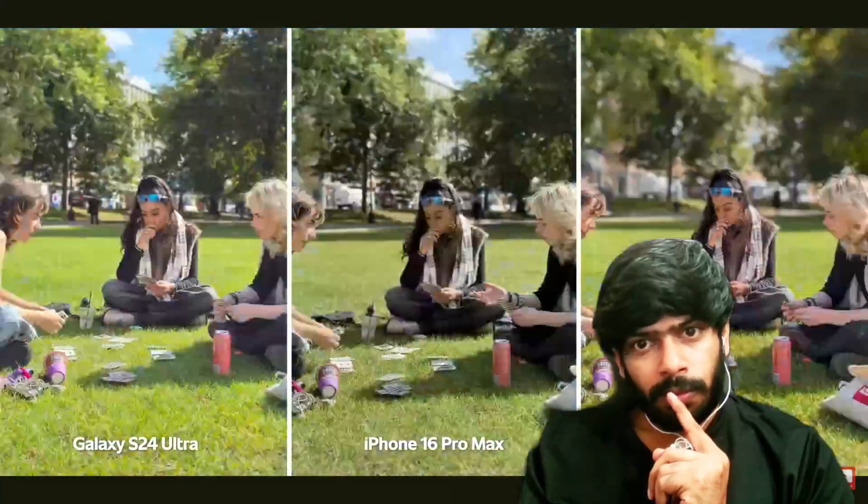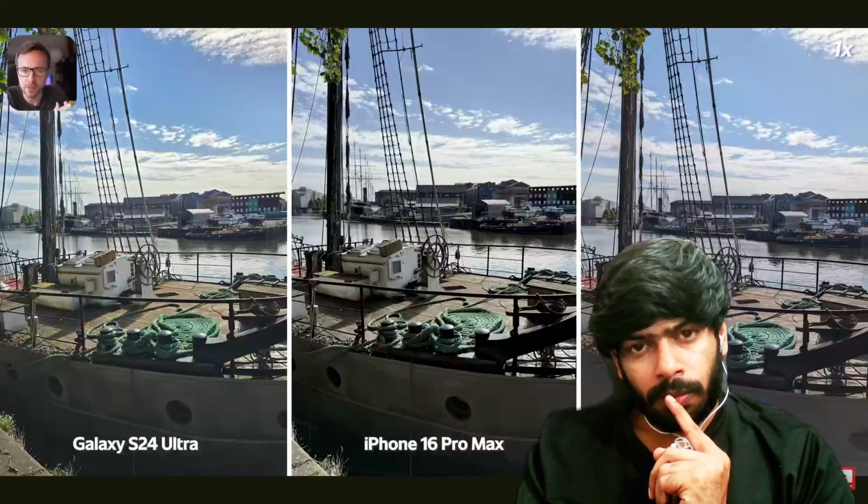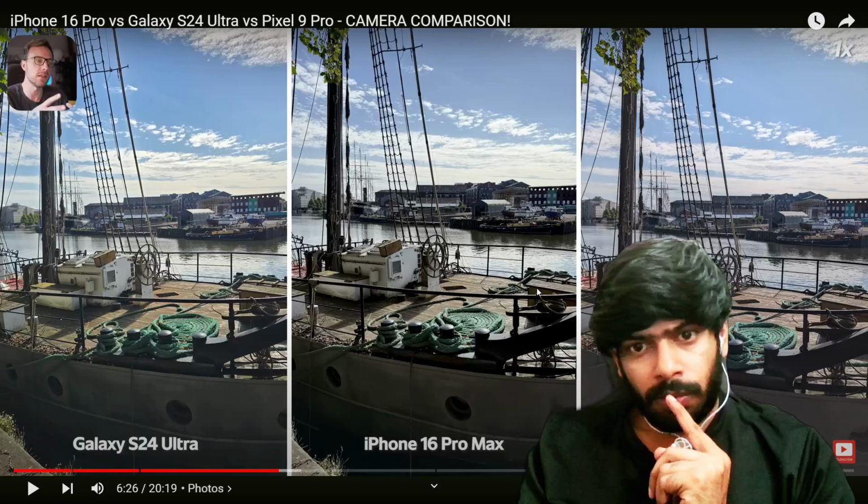But going back to the girls in the park, you can see a significant difference in skin tones, particularly with darker complexions. In terms of what's true to life, I would say it's closer to the iPhone, although the image could do with being brightened up a little bit. I literally have like 500 photos in this timeline. The difficulty with making these comparison videos is that A, you can cherry pick, or someone can cherry pick the